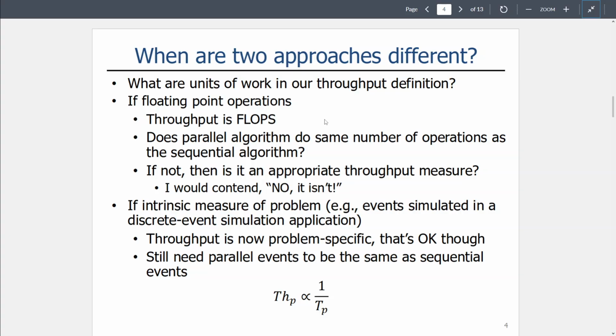There's going to be more instructions in the parallel program, but is that really more work? Because we're getting the same amount of stuff done. So on paper, it might look like I'm cramming through more flops, but if some of those flops just straight up don't exist in my sequential program, it's kind of misleading. I'm kind of inflating those values. So we have to be a little bit careful about how we apply these